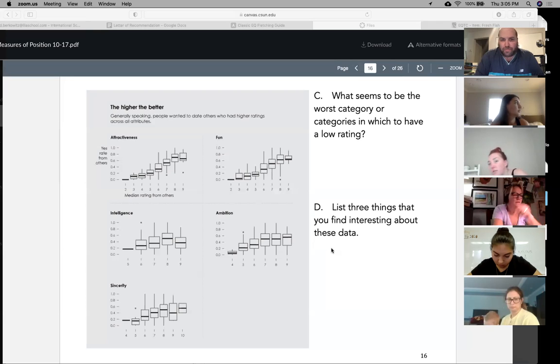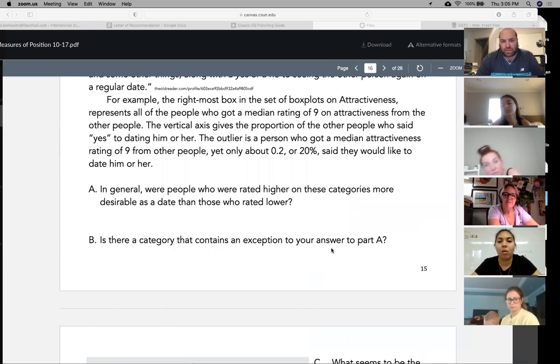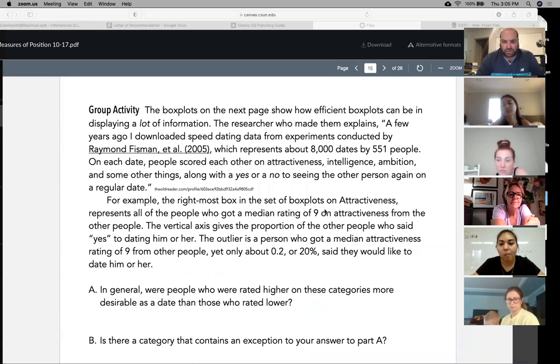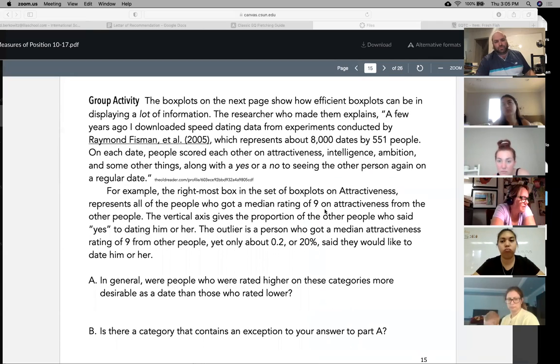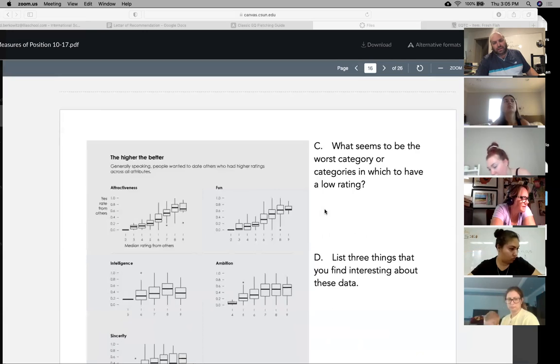Did you already answer this question? What seems to be the worst category or categories in which to have a low rating? That's intelligence, right? Because the numbers don't go very high, or the median,